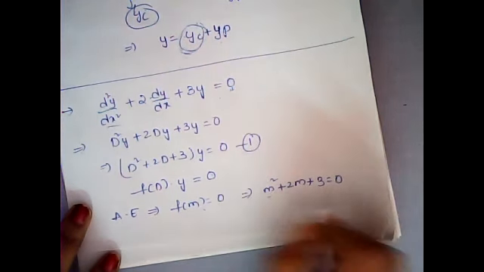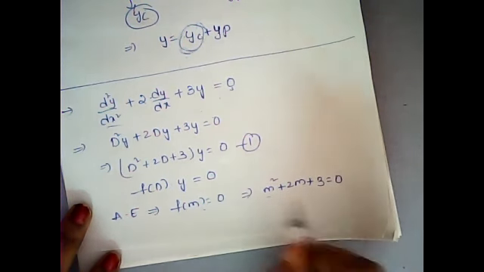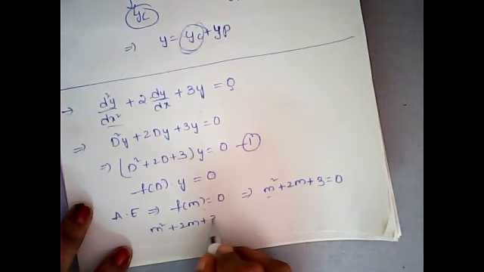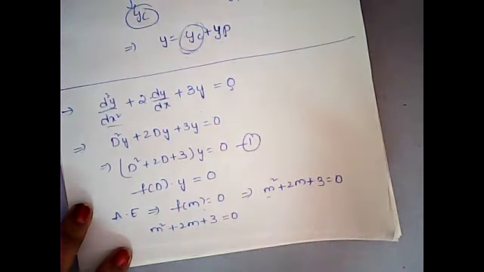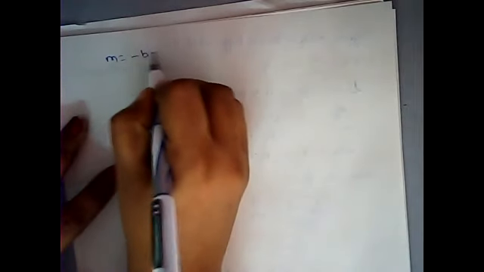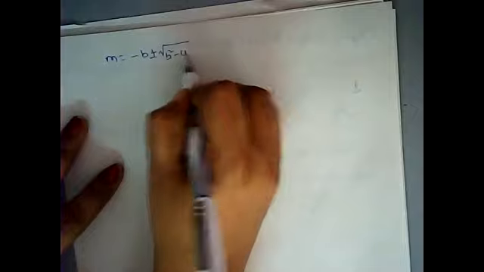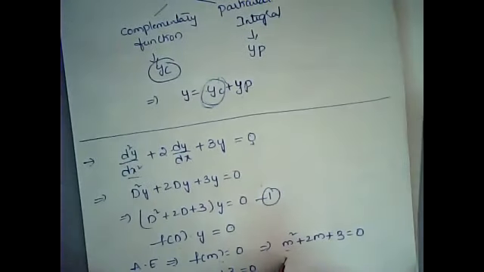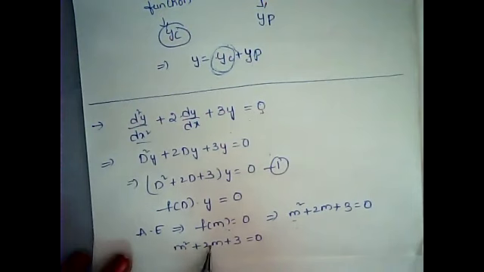So first we need to reduce it into factors, which is m squared plus 2m plus 3. Can we get the direct roots here? No. If you are not getting the direct roots, then we need to use the formula m is equal to minus b plus or minus root of b squared minus 4ac by 2a. So first we got to know how we need to write the auxiliary equation. Now let us see how we will be writing yc based upon the m roots.